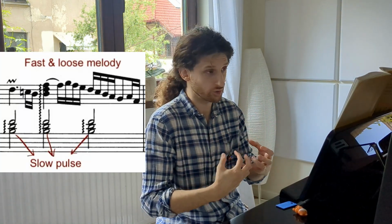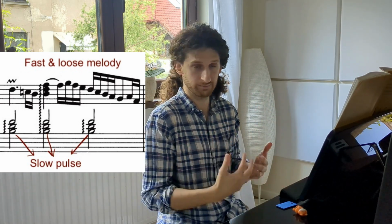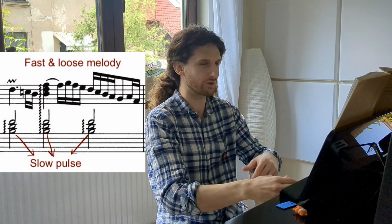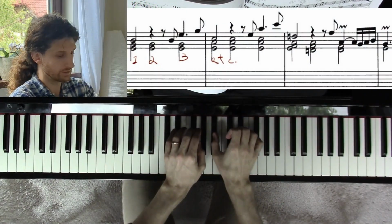Now, what makes the sarabande so interesting is that it's both slow and fast at the same time. So the pulse is indeed quite slow. There's going to be 3 beats per measure. But the melody can get a little faster, a little more melodramatic. For example, 1,